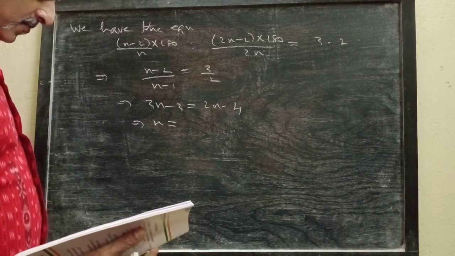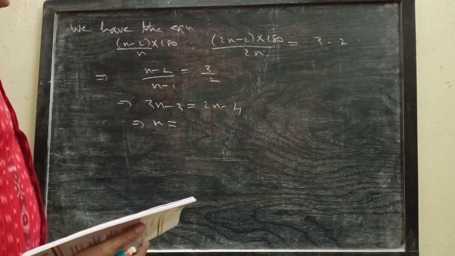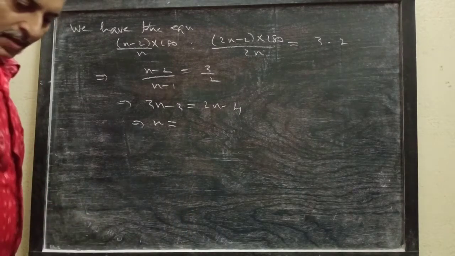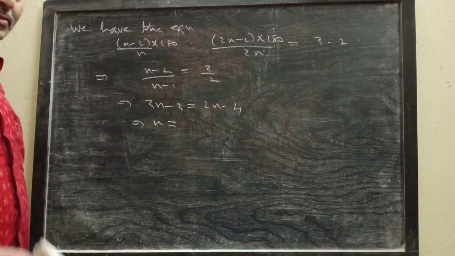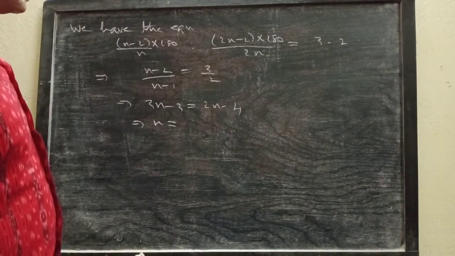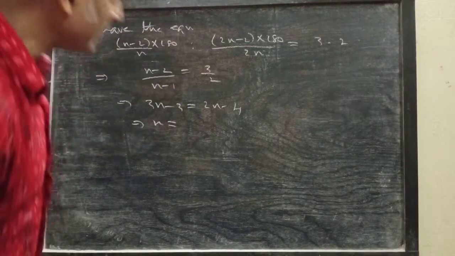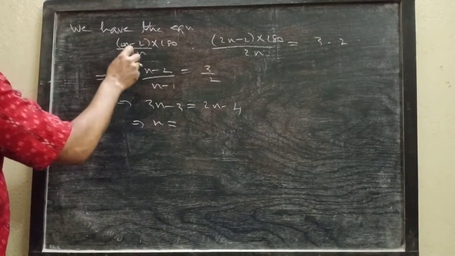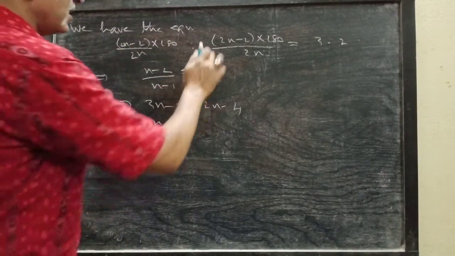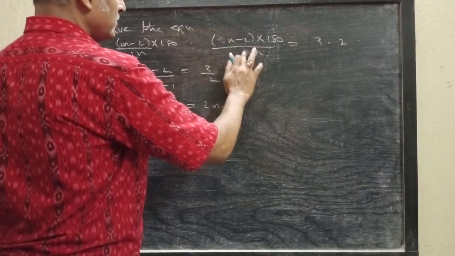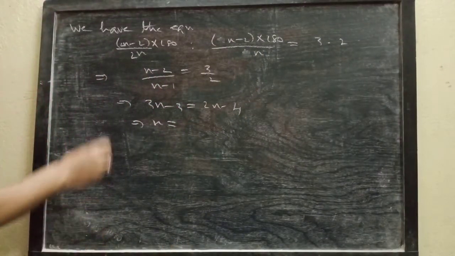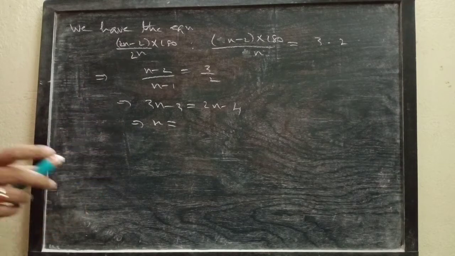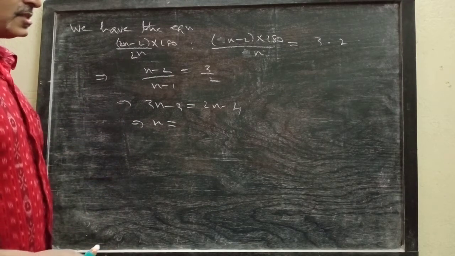Number of sides of the first is twice that of the second. Oh, the number of sides I have taken in the reverse way. The number of sides in the first will be twice n, and that in the second will be n. So the equation will be in this way. Just correct the previous part.